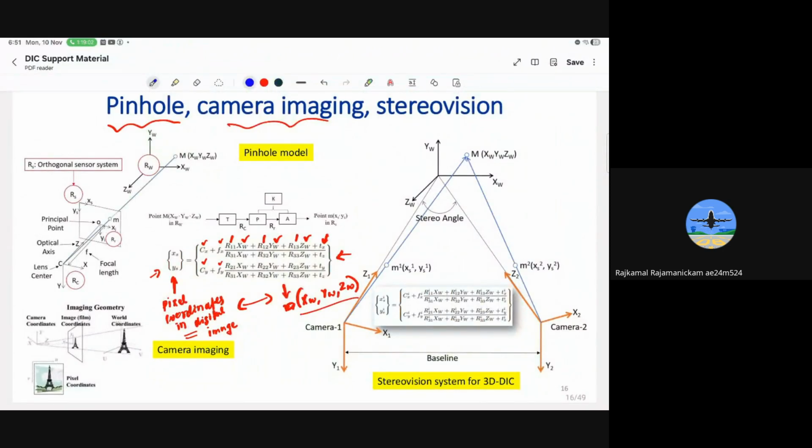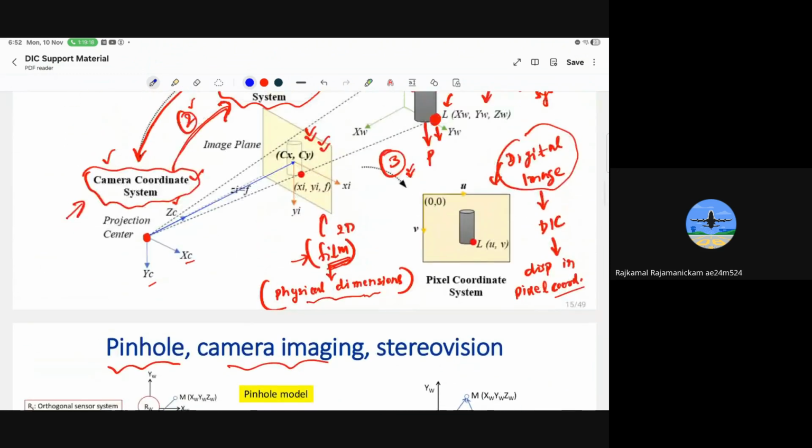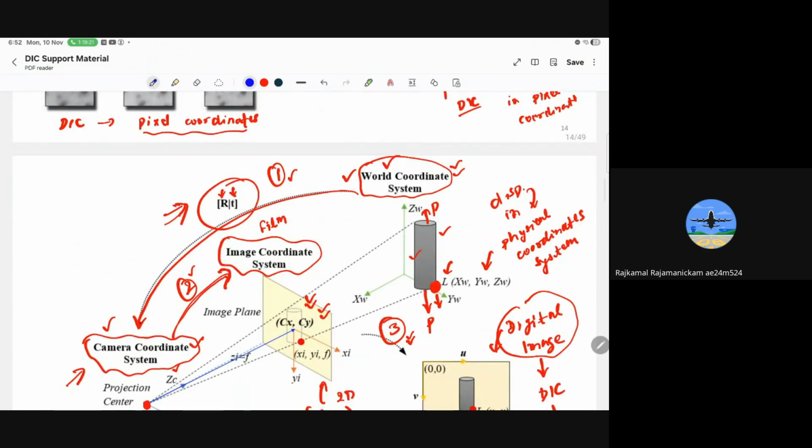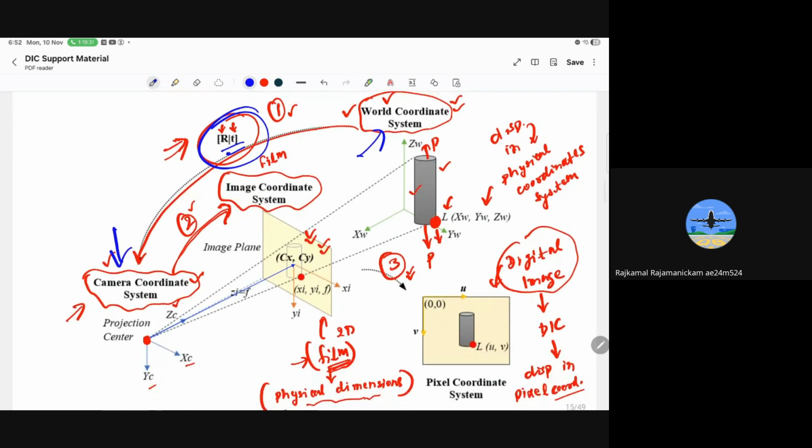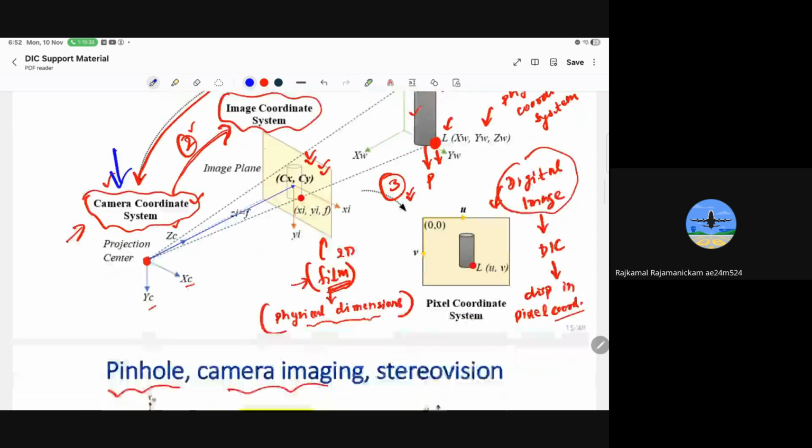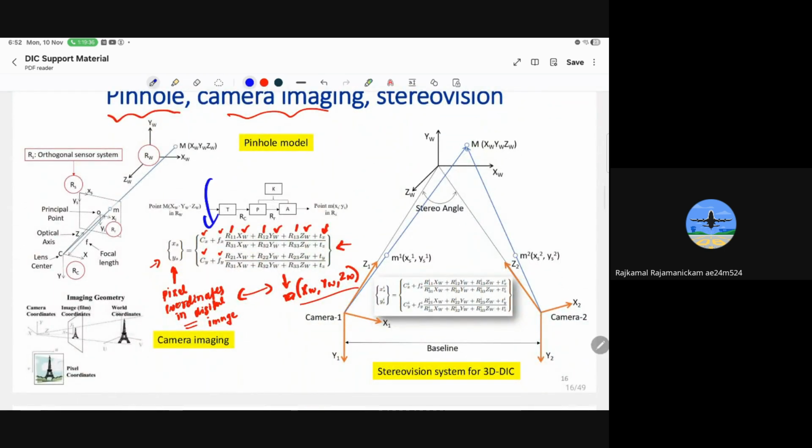Okay. So we have obtained the relation between the camera coordinate system and the pixel coordinate system. The other part which remains is the transformation from the world coordinate system to the camera coordinate system. Once we are able to obtain this part, we'll be able to close the gap, and then we'll have the final equation which I wrote here. So this is the final equation which we'll obtain, and then we'll